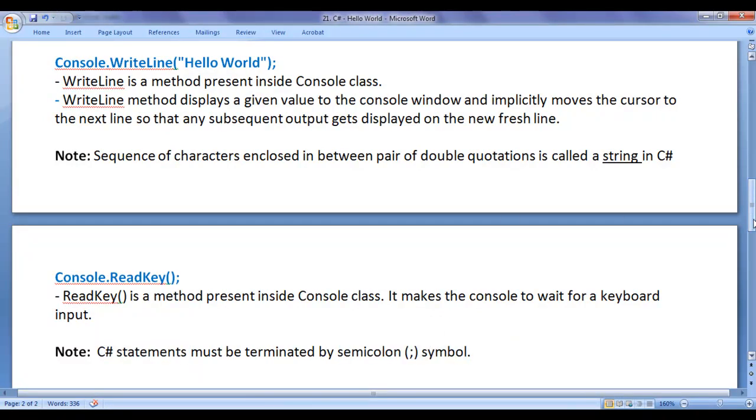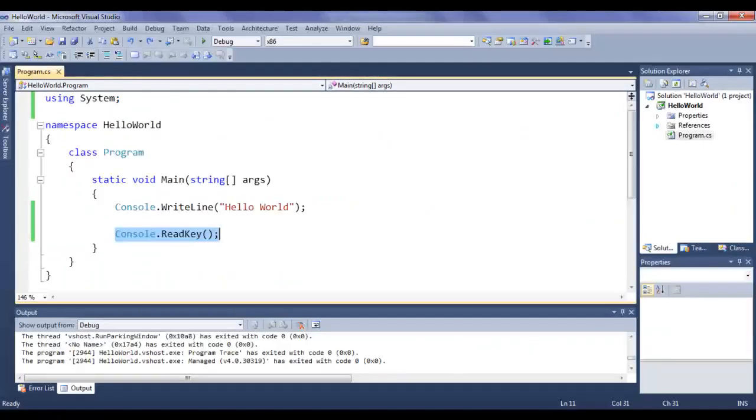That's it, guys, for this video tutorial. I hope you guys have clearly understood the essential code required to display hello world in the console window. In the upcoming video tutorials, we are going to understand what is a namespace, what is a class, what is a method, how do we create our own namespaces, classes and methods, what are arrays, how do we create arrays, etc., in detail, in depth, step by step, guys. We understand everything about C Sharp from A to Z.